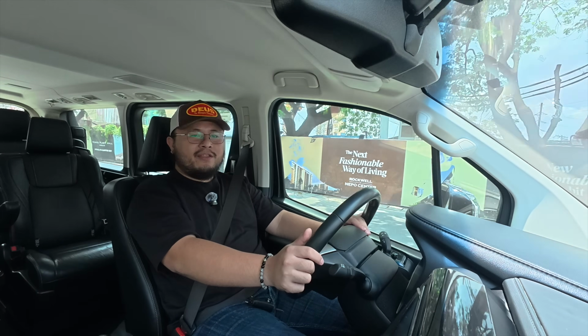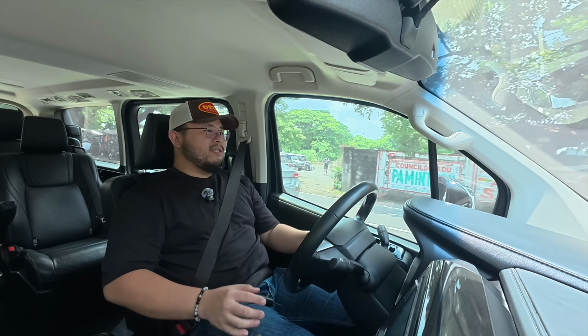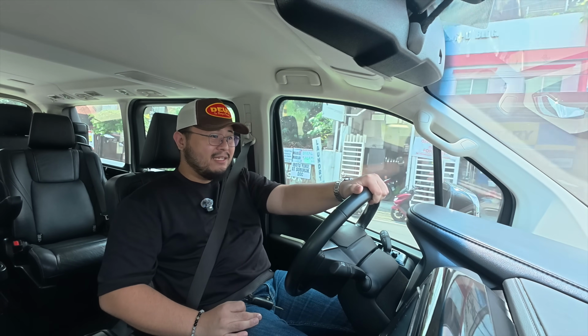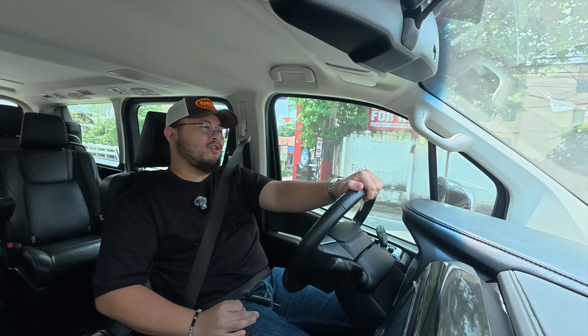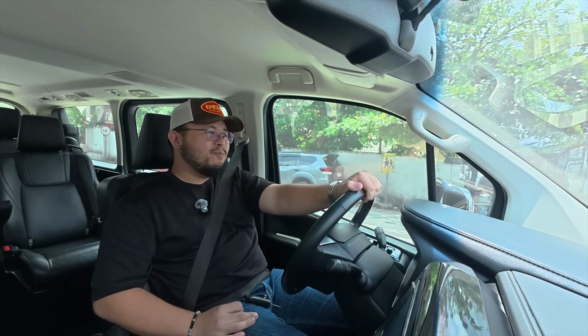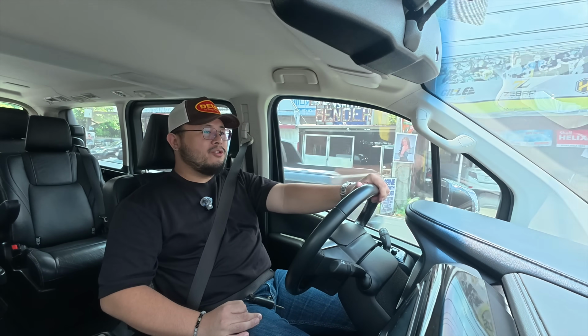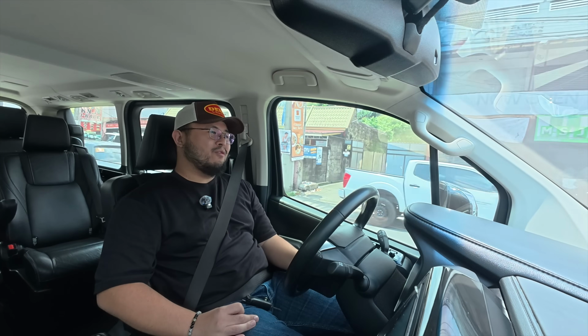steering wheel is compliant. There's no vagueness to it. There is no dead spot in the steering wheel. On a road as wide as this one going to Nepo Quad here in Angeles City, the Toyota Hiace can actually make a U-turn in one attempt, so you don't have to make a 3-point U-turn in this car. It actually has a good turning radius, and so I think that adds to the maneuverability of the Toyota Hiace, especially when you're in tight spaces such as in mall parking lots or when you're parking it in your own garage. Yeah, the handling of the Toyota Hiace isn't sharp, it isn't reasonable to expect it to be sharp,